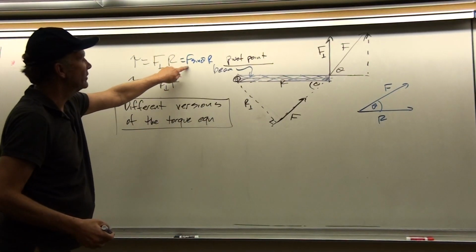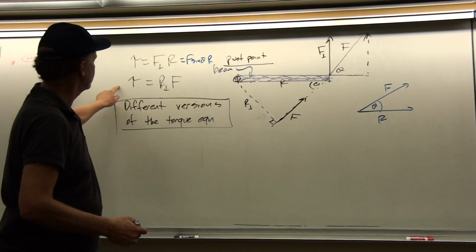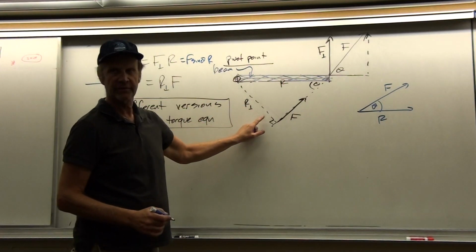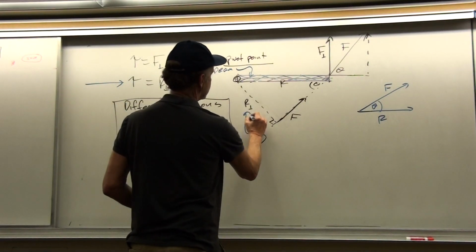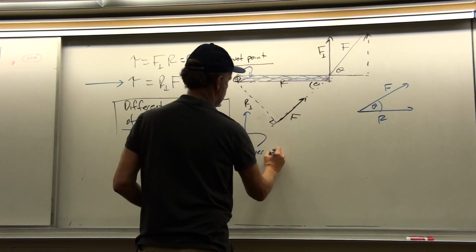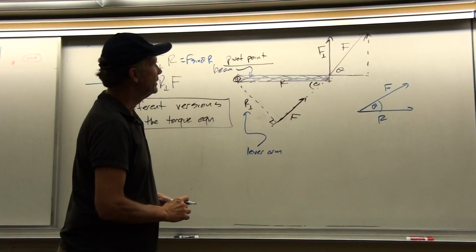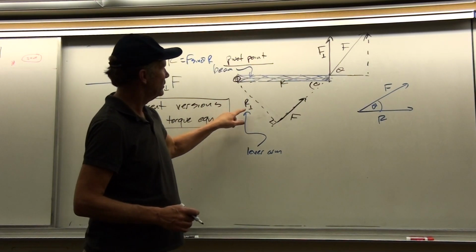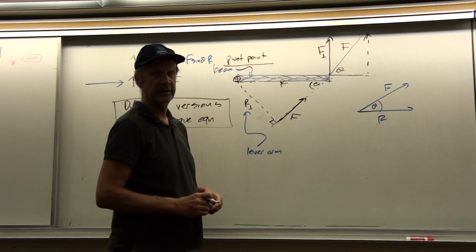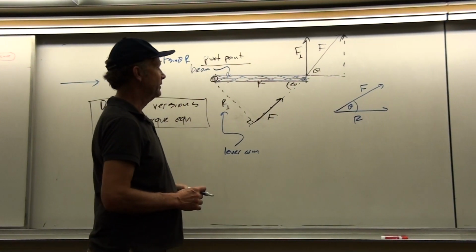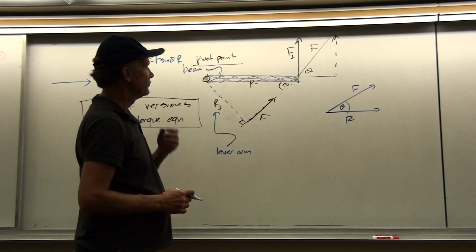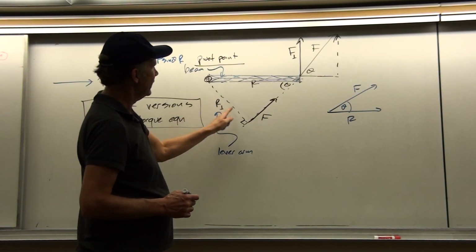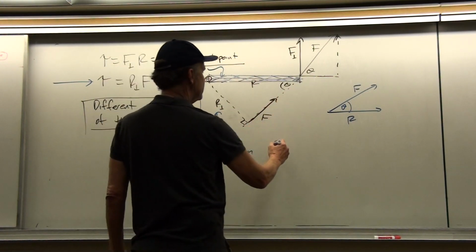Okay, so that's what we've looked at so far, but there is also an equivalent formulation that uses what's called the lever arm. And the lever arm is what is often referred to as r perpendicular. And this turns out to be equivalent. And sometimes it's more convenient to use the r perpendicular F formulation, which we're going to look at. Some examples of where that's true pretty soon.